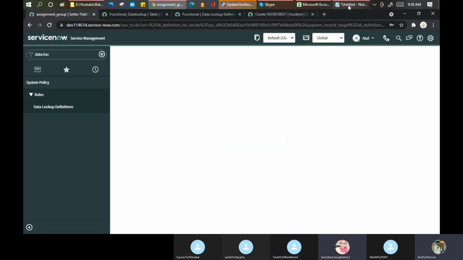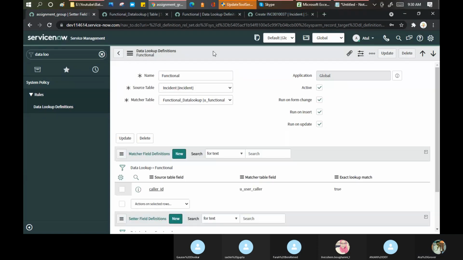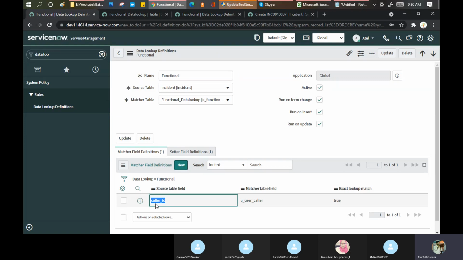Yes. Always replace when we change the caller name. No, when we change the assignment. Yes. No, when we change this caller ID.